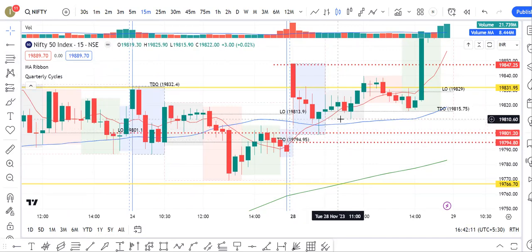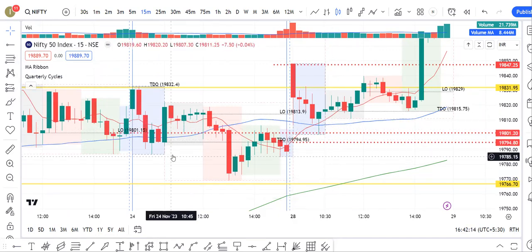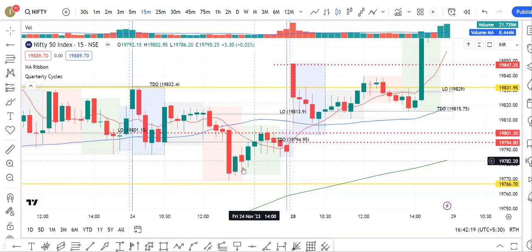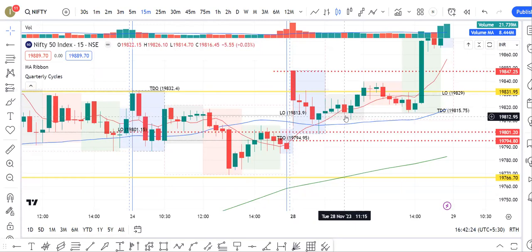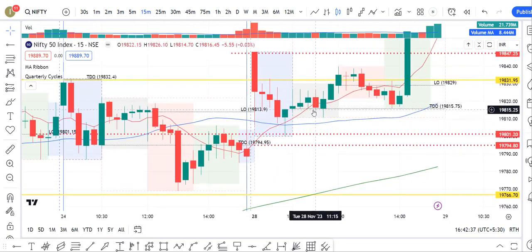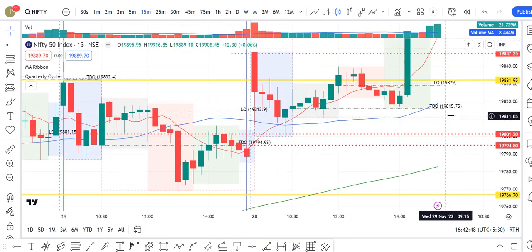Later, accumulation phase. Accumulation phase was within the reversal range, and even if this manipulation did not come below, manipulation was above the accumulation phase, and only during the expansion it touched the level around the second session, that is the accumulation session. This indicator will plot the daily opening range. It plotted